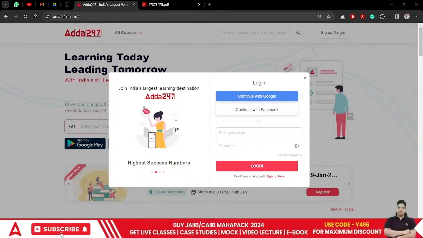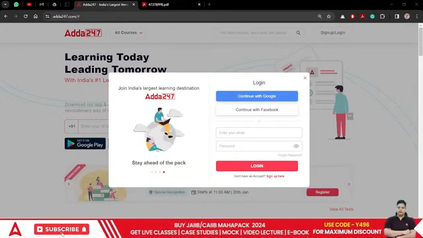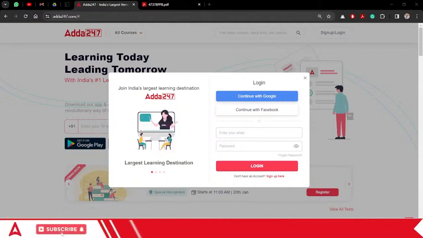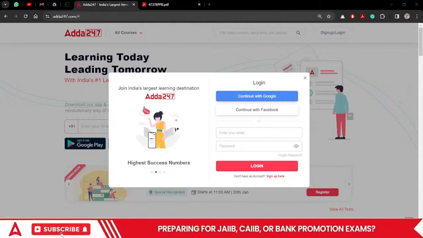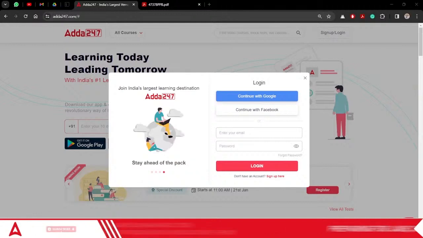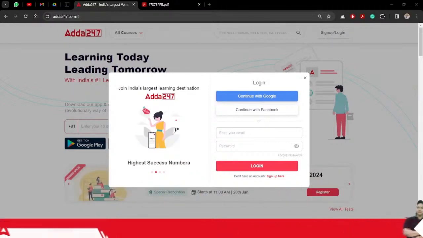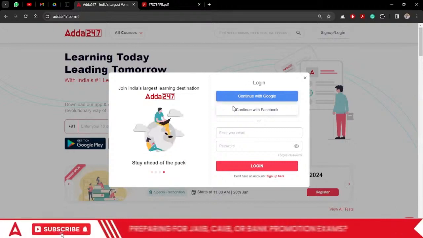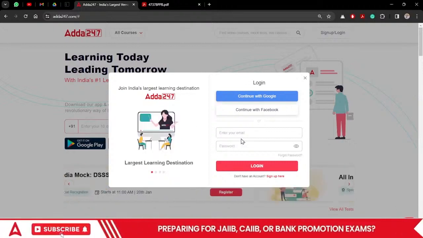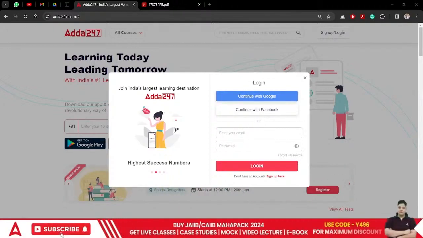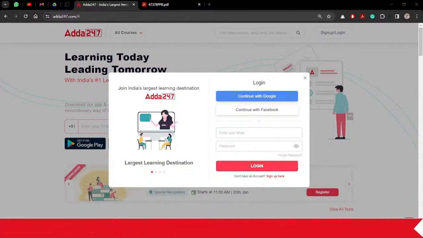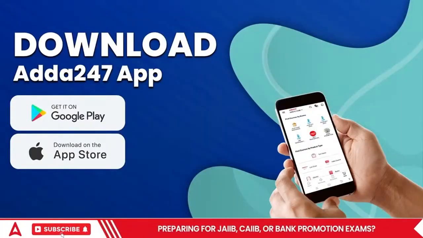so that you will know how ready you are for your preparation of the JIB paper, because the PPB paper was the toughest in October 2023. A lot of bankers are worried about how to clear this subject, so you do not have to worry about it. This is the test that you have to give. After adding your credentials here, you will be able to find the test, and the test will be live from 19th of January. It will stay live till 21st of January, so do not forget to give the test